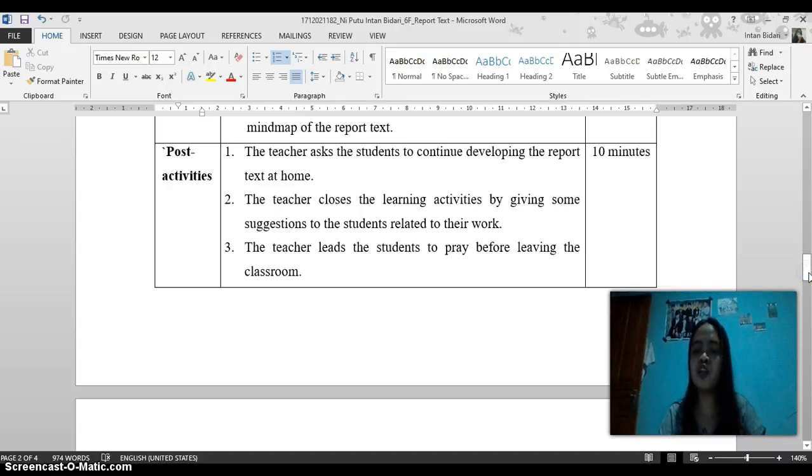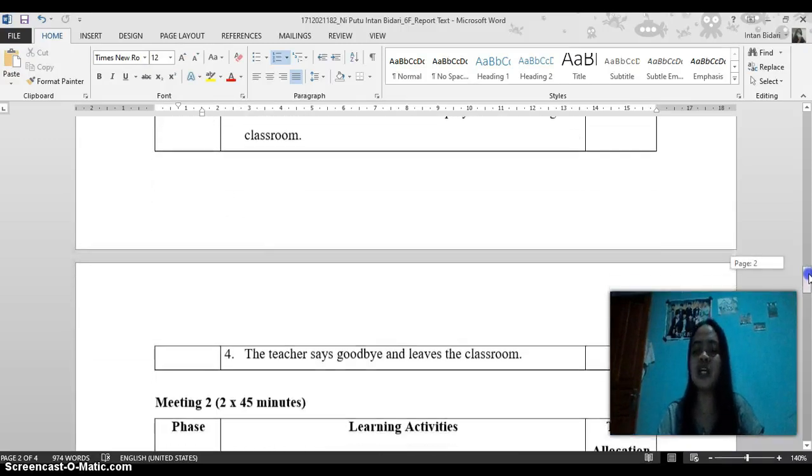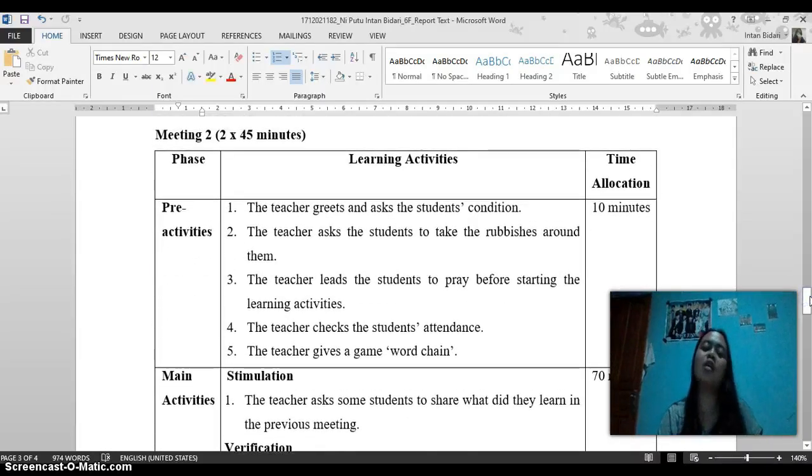After that, the teacher closes the learning activities by giving suggestions and then praying. After that, saying goodbye. In the second meeting, the activities are not really different from the previous meeting, and then